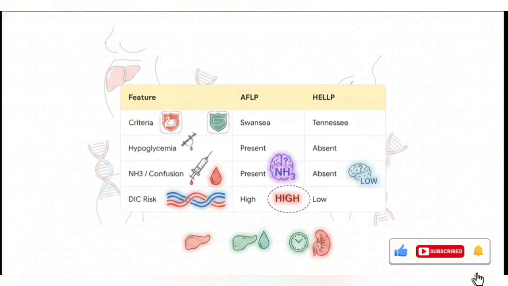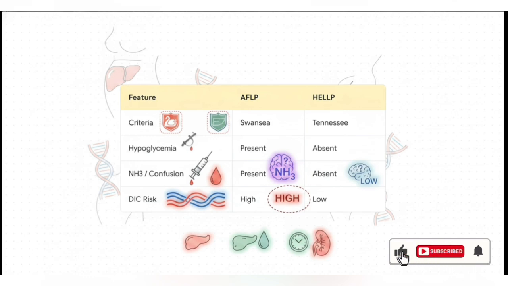Next, and this is literally the most important differentiator, hypoglycemia. If the patient's blood sugar drops below 72 milligrams per deciliter, boom, think AFLP. Hypoglycemia is classically absent in HELLP. Similarly, high ammonia levels leading to mental confusion, that's a hallmark of AFLP, but it's normal or completely absent in